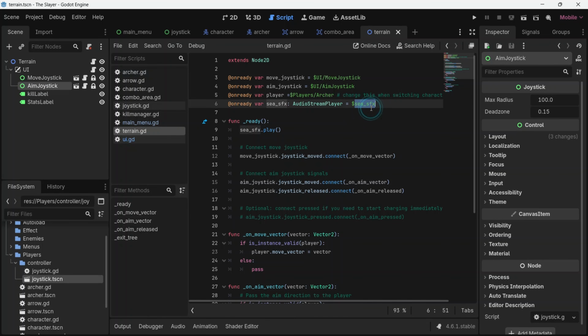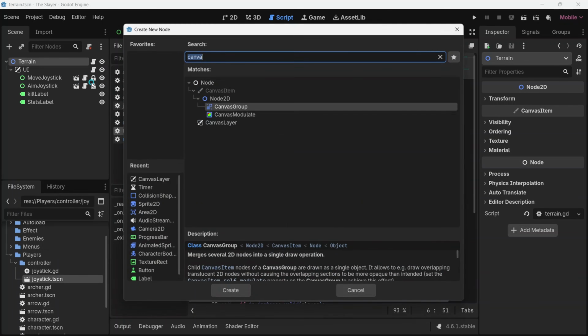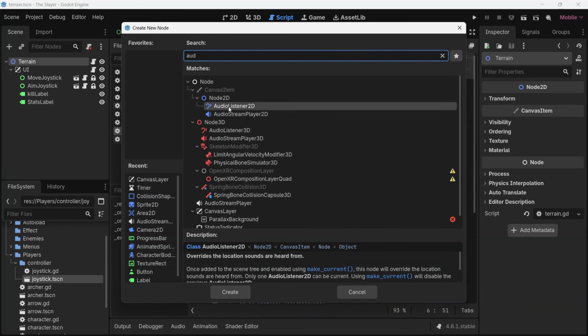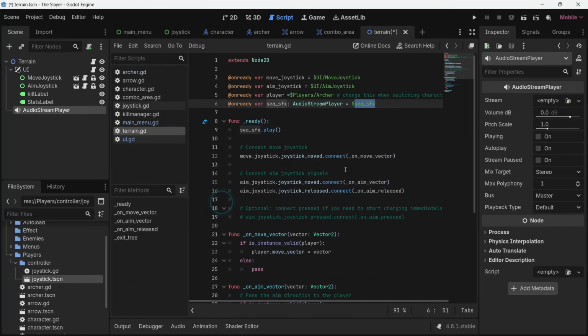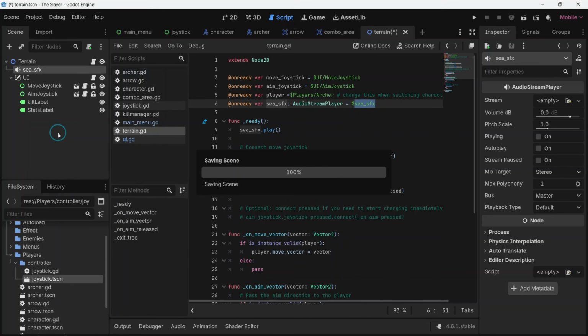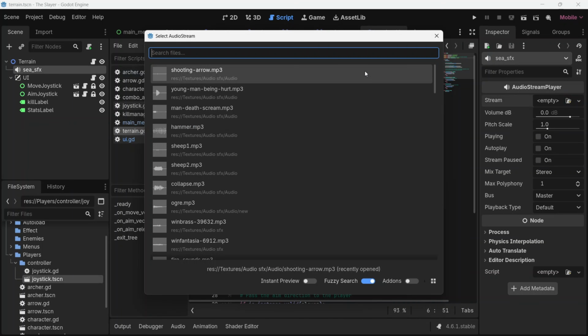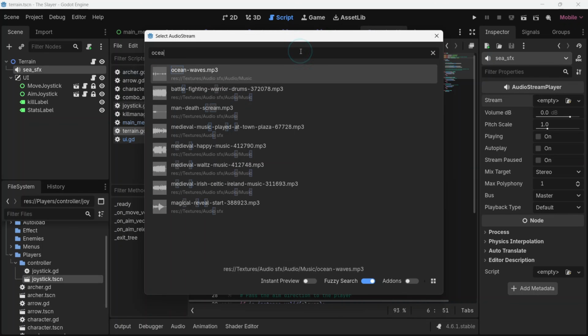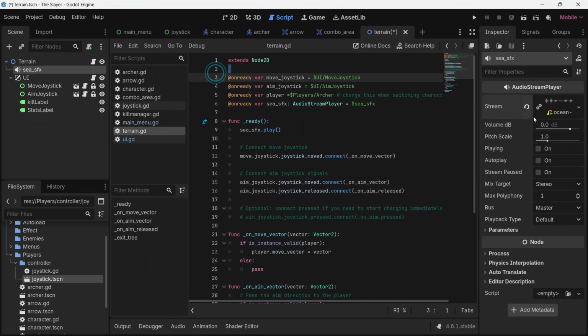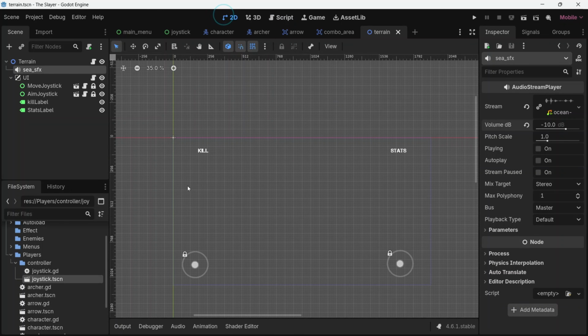Now, as you can see from my script, I have this audio stream player. So I'm going to add it also to my scene. I'm going to rename it as audio stream player. So that audio stream player is just a background sound that I kind of find funny for my game. It's the actual background sound of the sea colliding on rocks or whatever. It just makes it very smooth and easy. So reduce the volume to minus 10 dB since it's a little bit loud. Once that's made,